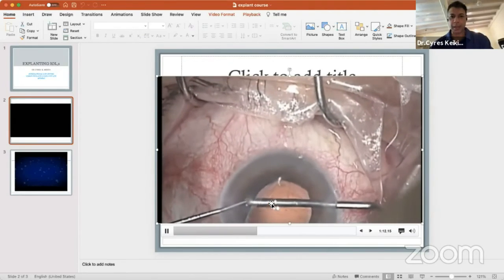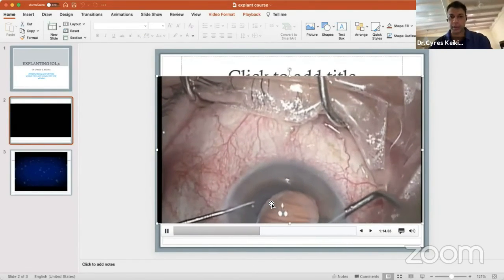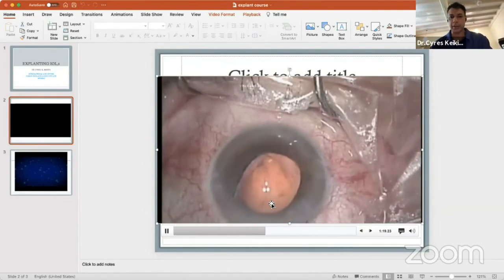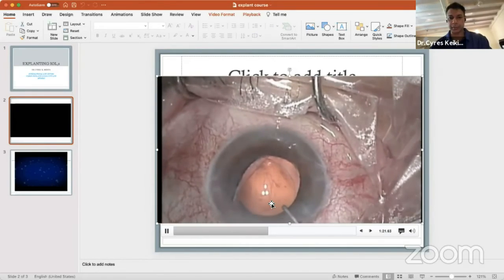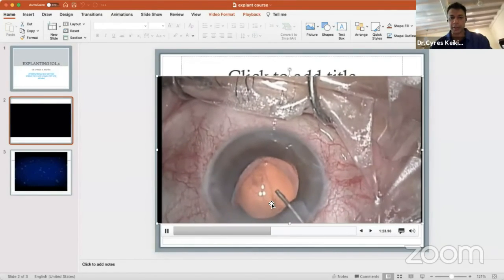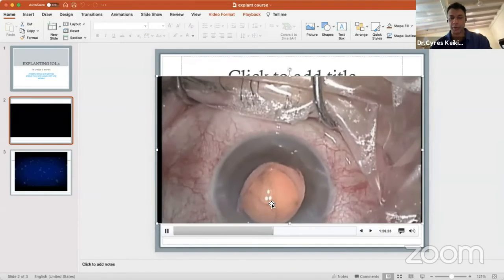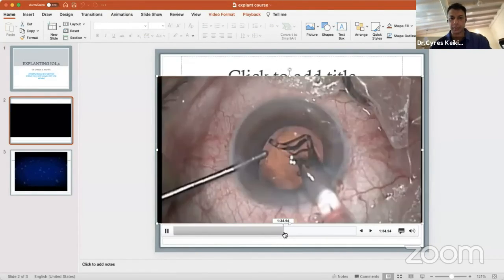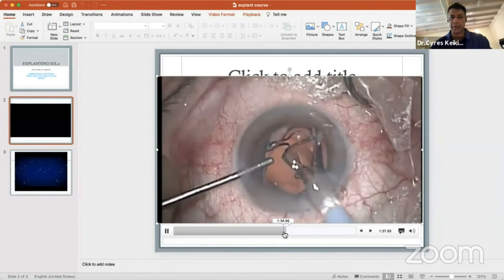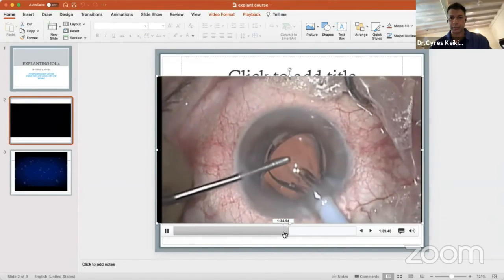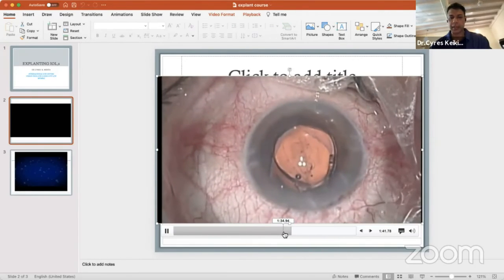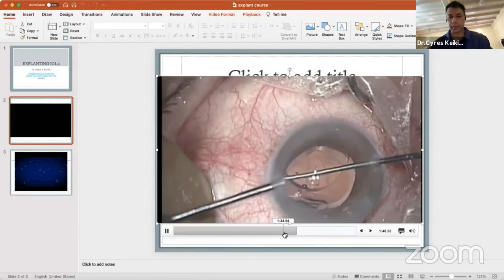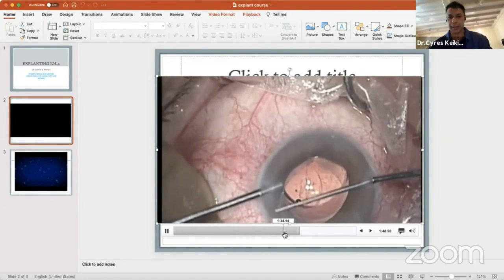Now what I'm trying to do is open the capsular bag. But this is not a very good idea in this case, and I should have just gone in retrospect with a 3-piece lens. Now I have a rent. So when this kind of situation occurs, quickly put Viscoat, tamponade the rent, and first put in your IOL. Once the IOL is in to tamponade the rent, then put the haptics into the capsular bag.